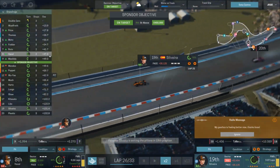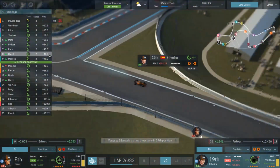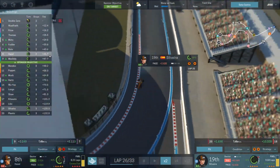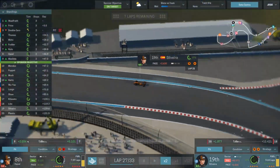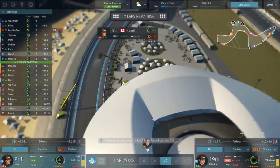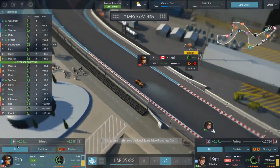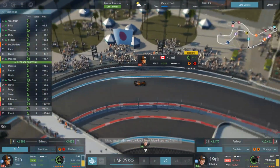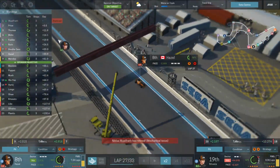Hazel is 5 seconds behind Ruto. He's now in 8th place. But there are still 7 laps to run, and as such, anything could happen, particularly when his form is as diabolical as it has been for this race so far. In fact, for the whole race weekend, Mr. Hazel has been